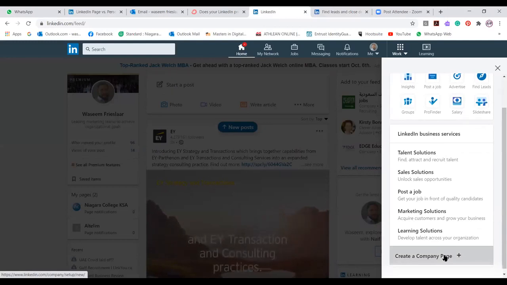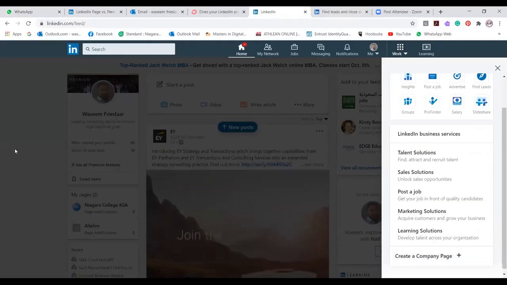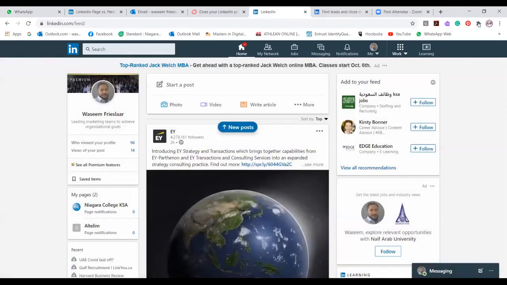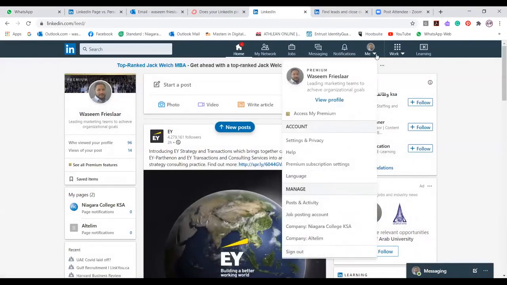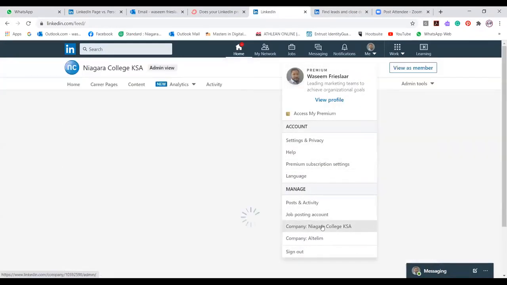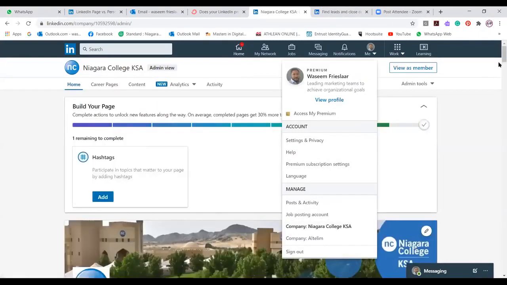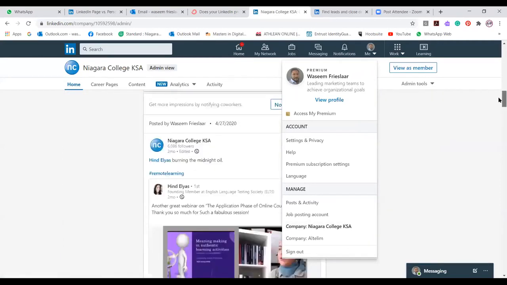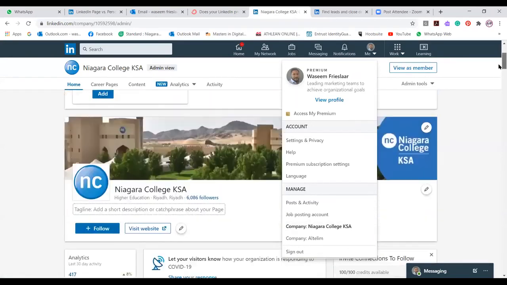You can only create a company page if you have a personal profile. You can't just create a company profile. You'd have to have a personal profile and then create the company page. But it's fairly easy. It doesn't show that there's a link between the two, and you'll be able to manage it directly from your personal page by simply going into your personal section, clicking on the company section, and what will happen is the company's menu will then populate and you'd be able to create content or add content from there.